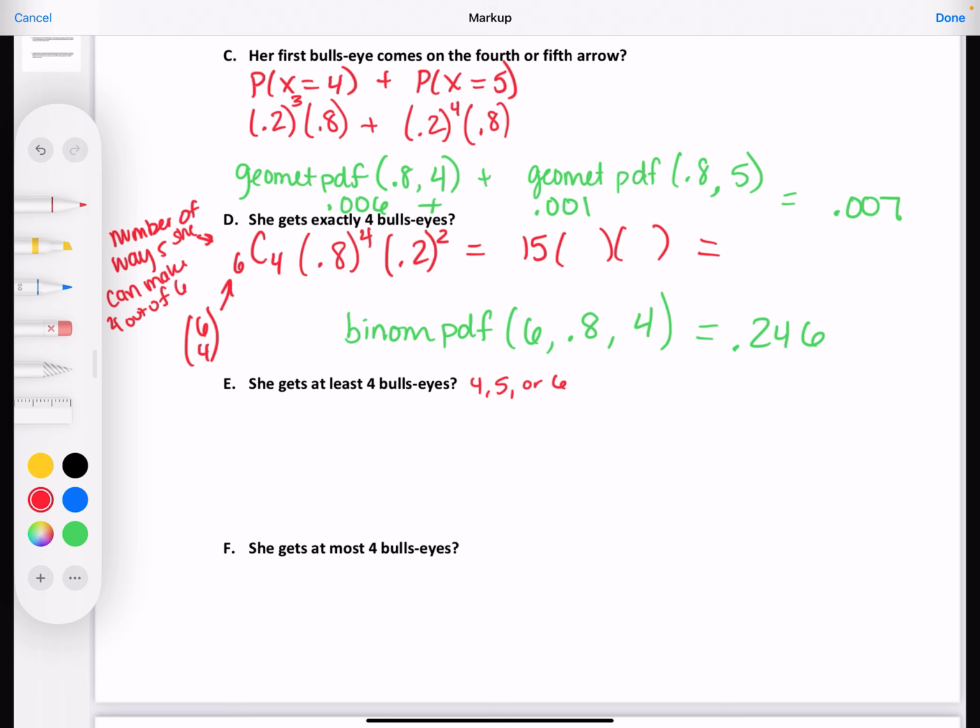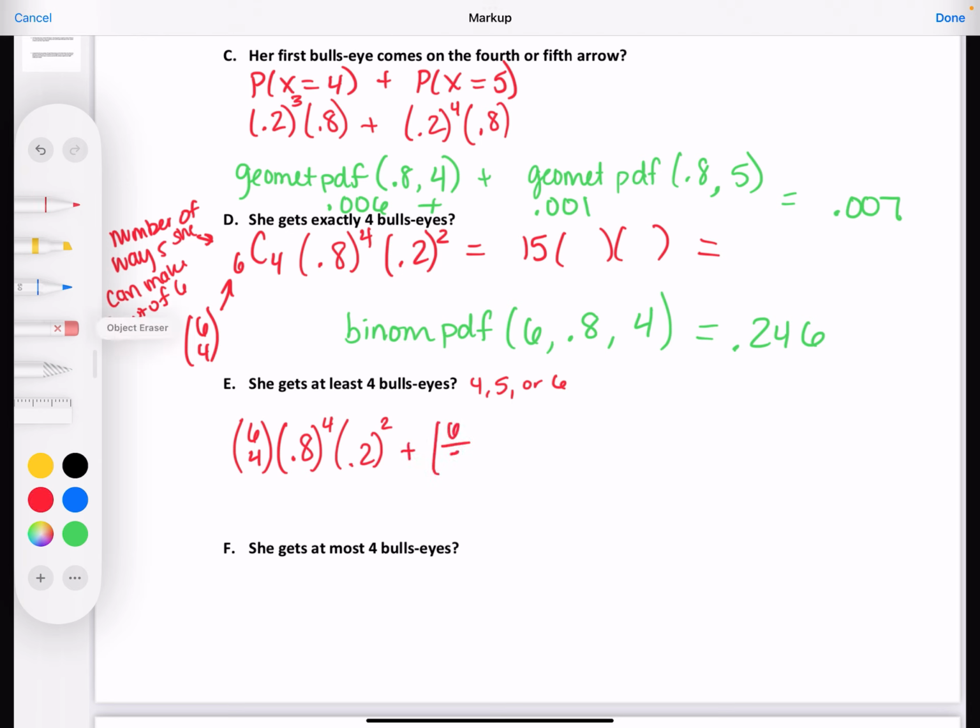So we would have 6 things taken 4 at a time, so that's the same way. So this would be like 6C4 still, times getting 4, so 0.8 raised to the 4th, and then 2 misses, so 0.2 squared, plus